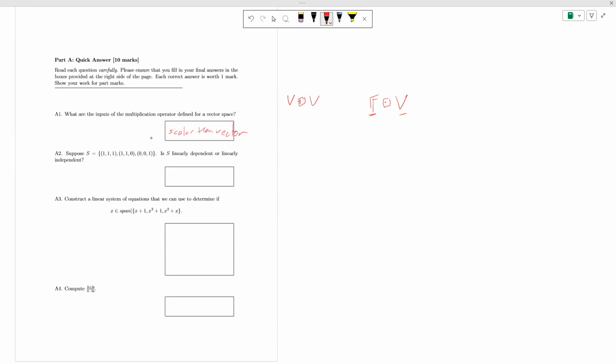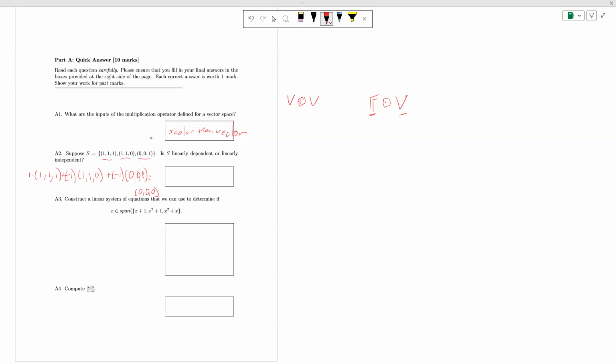Okay. Now the next question is asking if this set is linearly dependent or linearly independent. And that's a way of saying, can I make a vector out of the other two vectors, or can I add them to create 0? Well, if we look at 1, 1, 1, if we subtract off or add -1 times the first vector plus -1 times 1, 1, 0, and -1 times 0, 1, 1, or 0, 0, 1, we get the 0 vector,